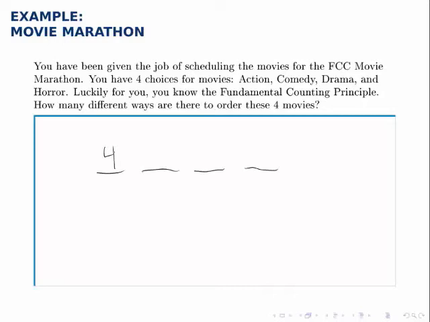However, once we've done that, the first slot is taken. Now, for the second slot, there are only 3 movies left to choose from, because we've already used up 1 on the first slot. So there are 3 ways to pick the second movie. Similarly, for the third slot, we've already placed the first and second ones, so there's only 2 movies left to choose from. And then for the last slot, there's only 1 movie left to choose from, because all the others